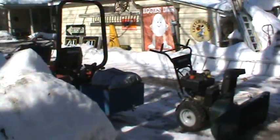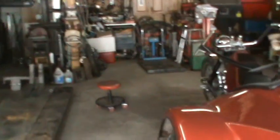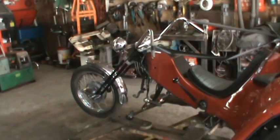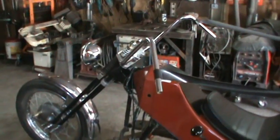But enough of my complaining. Anyway, so I've been in my winter depression trying to get over it, and it's a nice day out, so I figured today would be a good day to get back on the trike. It's probably been a good 3 weeks or a month since I worked on this thing or did a video on it. So I'm gonna try and rectify that today, and we'll shoot some film and see if we can